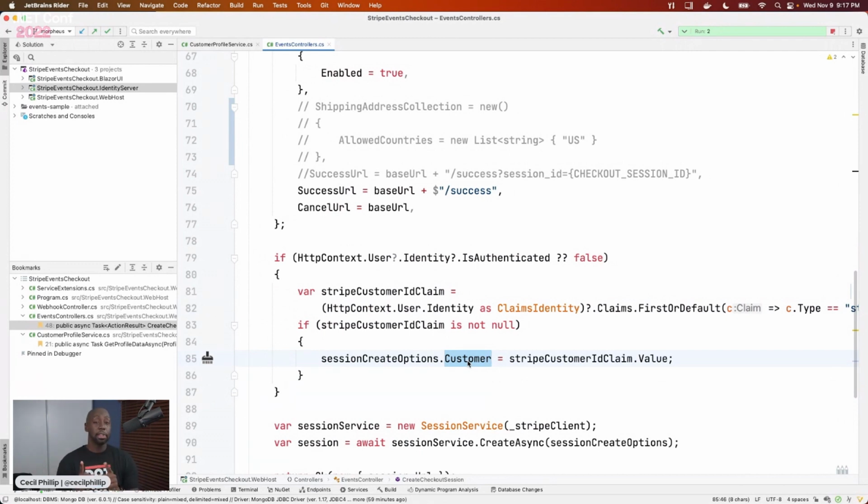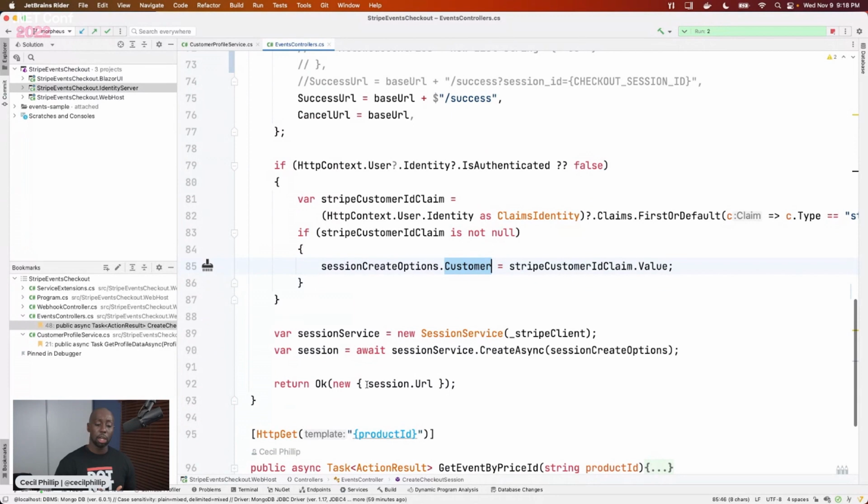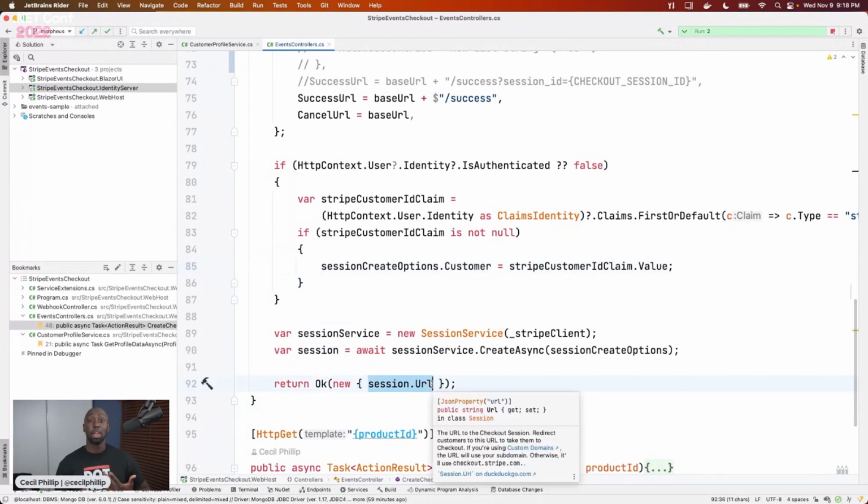So what that does is that when I connect my user, it's going to start pre-populating some of that checkout form for me. Because otherwise, we're going to have to fill out the whole form, and we all hate filling out forms. But if we could pre-populate that for our users, that helps with conversions and leads to more successful checkouts in the future. But then I create that session, and now I just return the URL to my Blazor front end. It's going to go ahead and redirect for me. And then now I have the checkout form on the page,